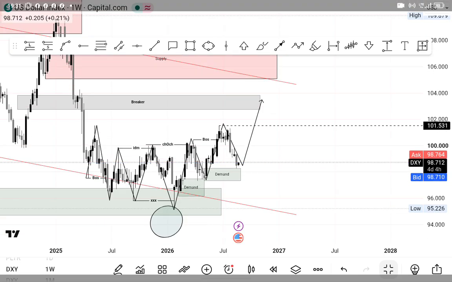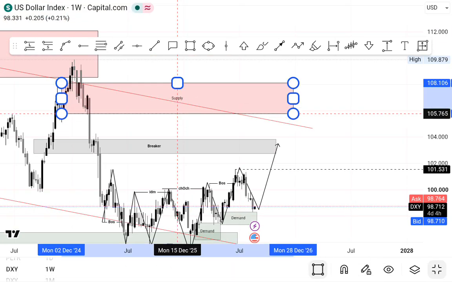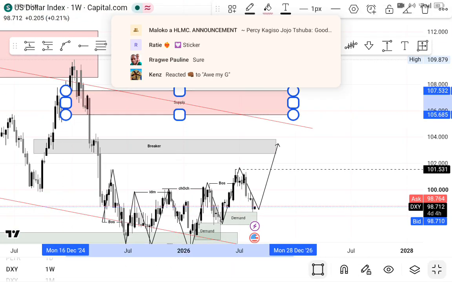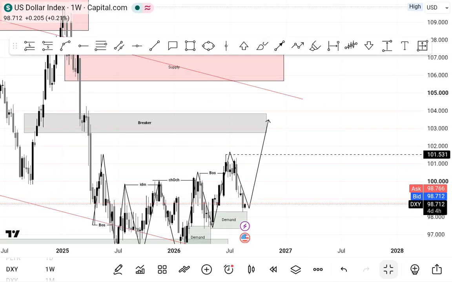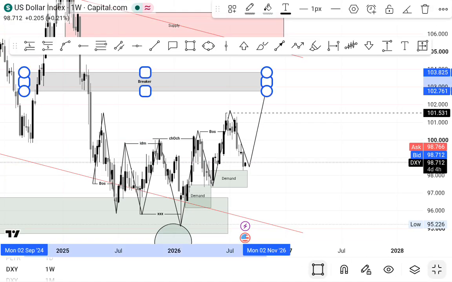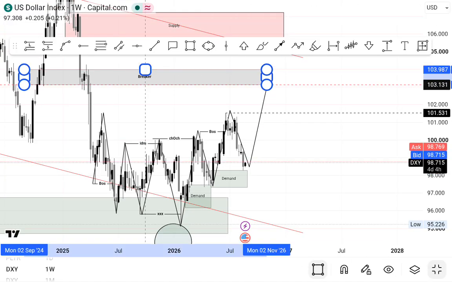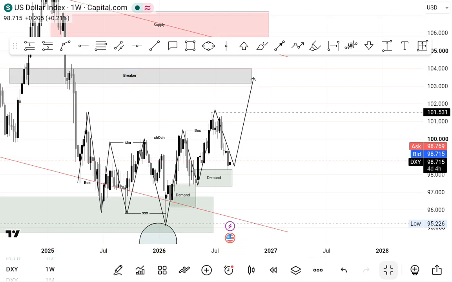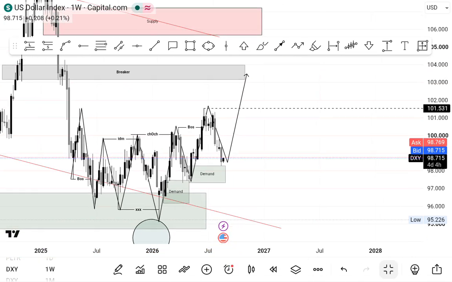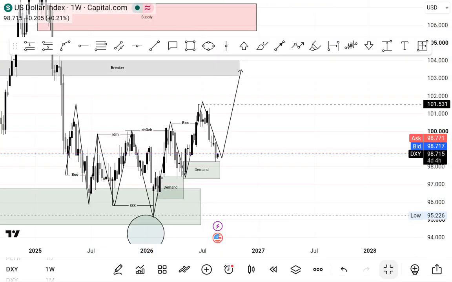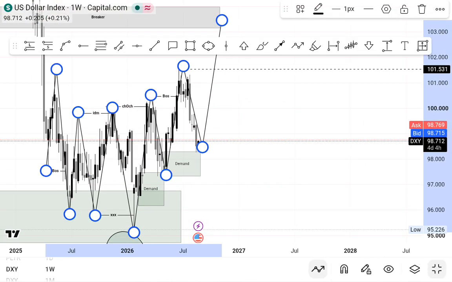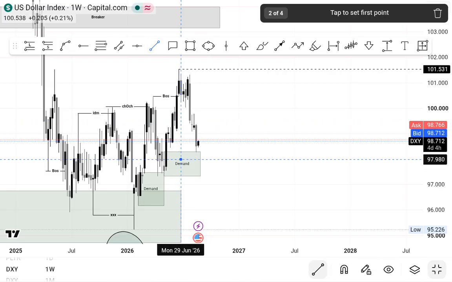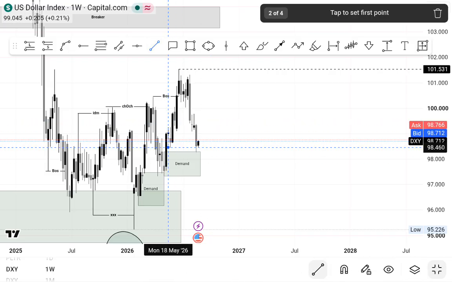So now, as much as we have this supply, we will pay close attention on how price is approaching those levels, right? Because if we put this one here and this one here, that one now is clear and clean. But first we need to deal with the dotted line, which is $101.53, right? And if you pay close attention to the price action around this demand,